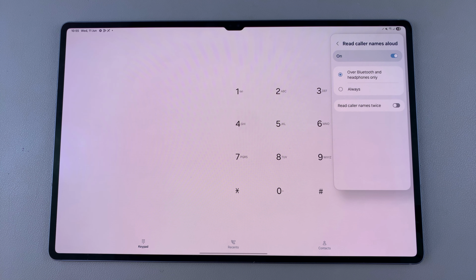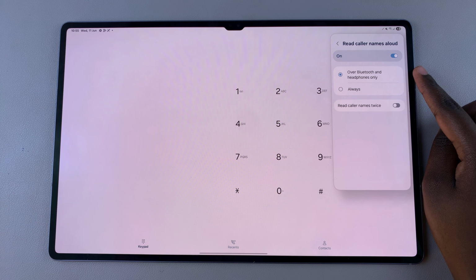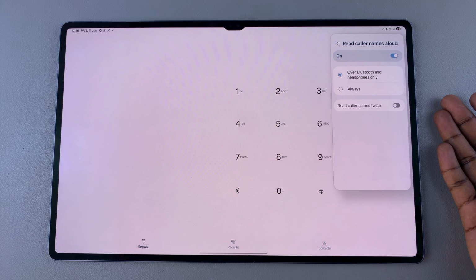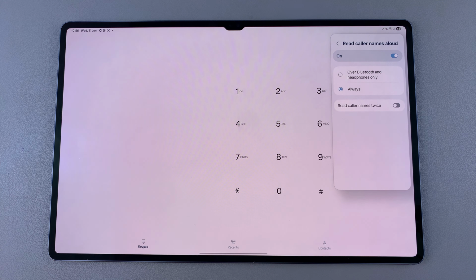And now from here, you can choose how it's going to be activated. You can either have it only being enabled with Bluetooth and headphones only. So if you have any incoming calls, the name will only be read if you have Bluetooth or headphones. Or you can just tap on always, and now it means that every phone call that comes through, the name